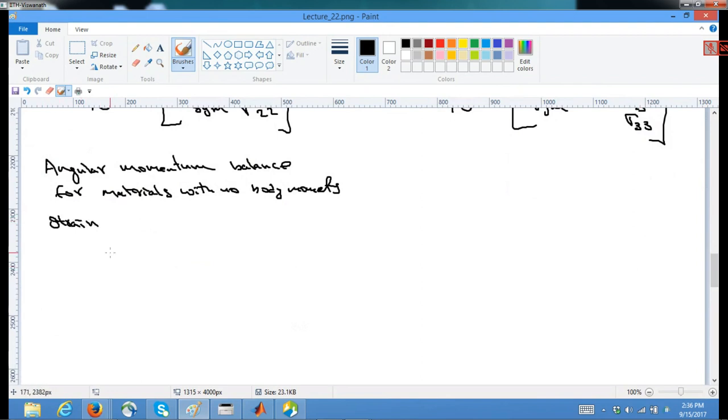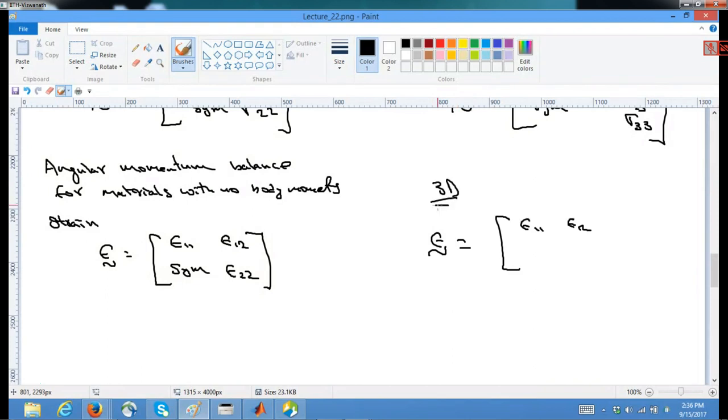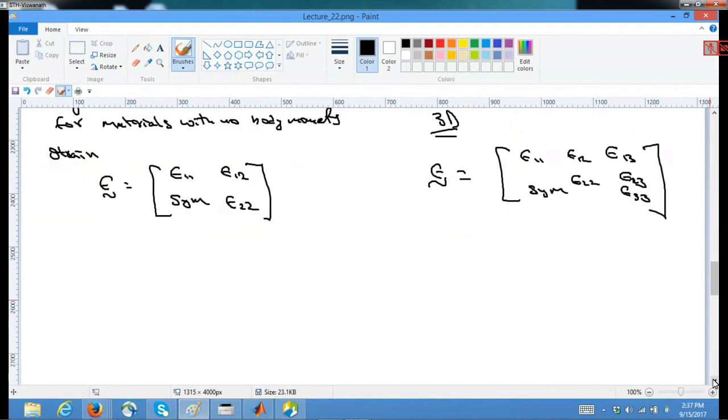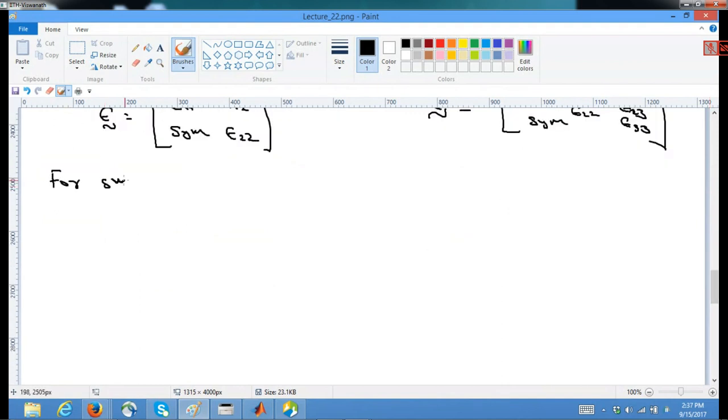Now, in a similar manner, our strain is also there. Let's start with the strain. Strain is epsilon 11, epsilon 22, and the symmetric part of it. And for this case, it is epsilon 11, epsilon 12. This is for the 3D. Epsilon 13, epsilon 22, epsilon 23, epsilon 33. This being symmetric. This symmetry is because of some other reason. This symmetry is by definition, that is, for small strain,